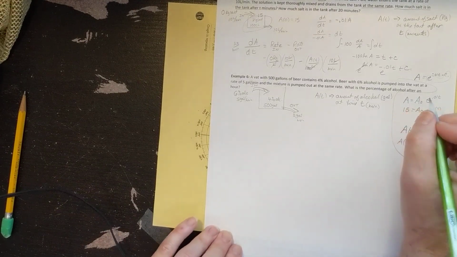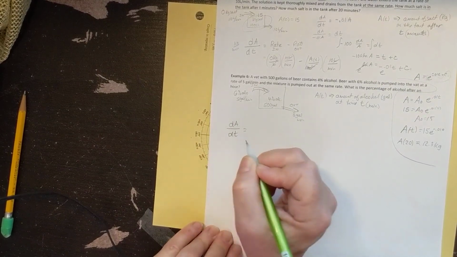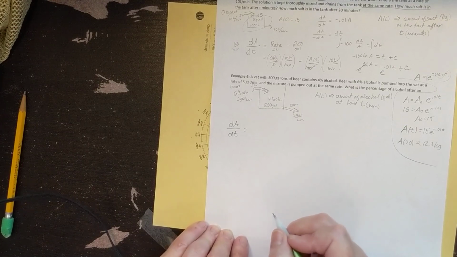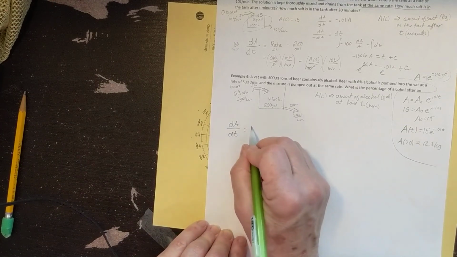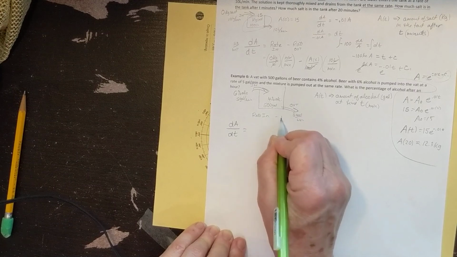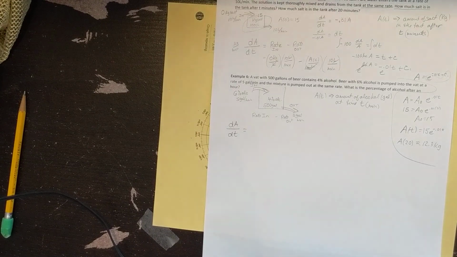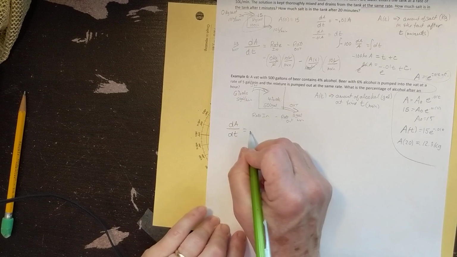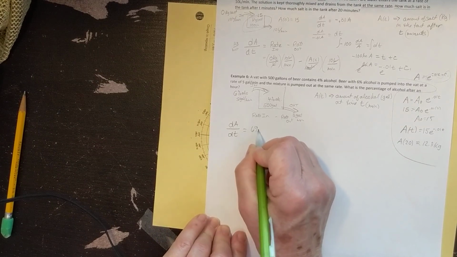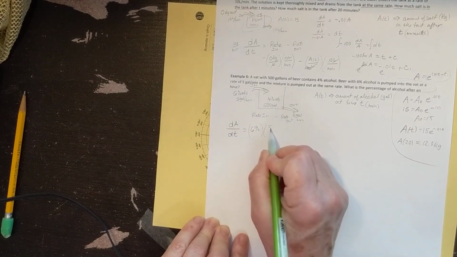So let's look at the change of rate of the alcohol. dA/dt, the change in rate of the amount of alcohol at any time t, is going to be equal to the rate in minus the rate out. So we can look at it in percentages. If we do that, what is the percentage of the amount of alcohol coming in? That's going to be 6% alcohol coming in times 5 gallons per minute